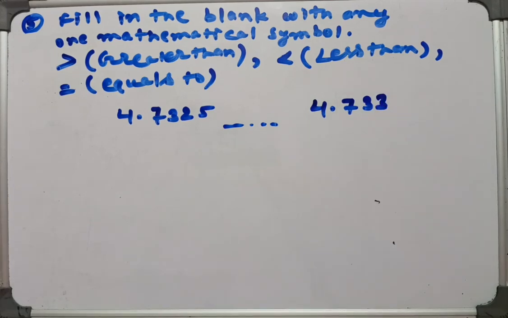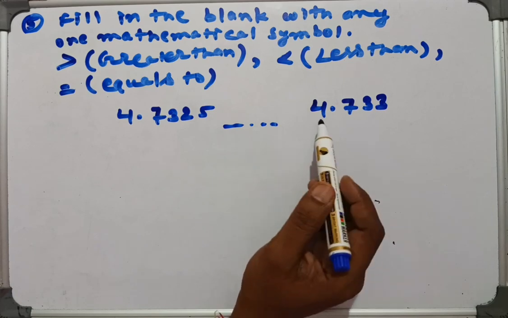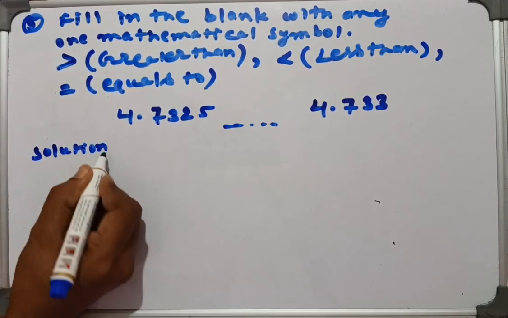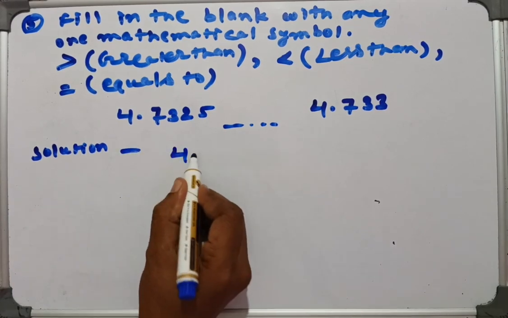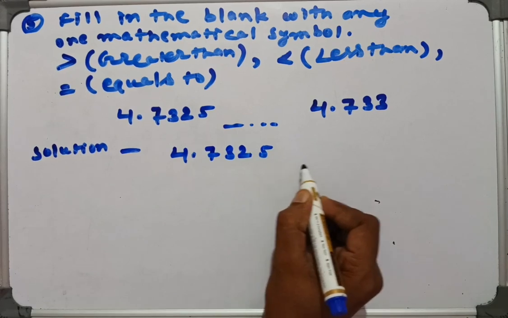So what will be the symbol here? Okay, solution. See, first we write 4.7325, then